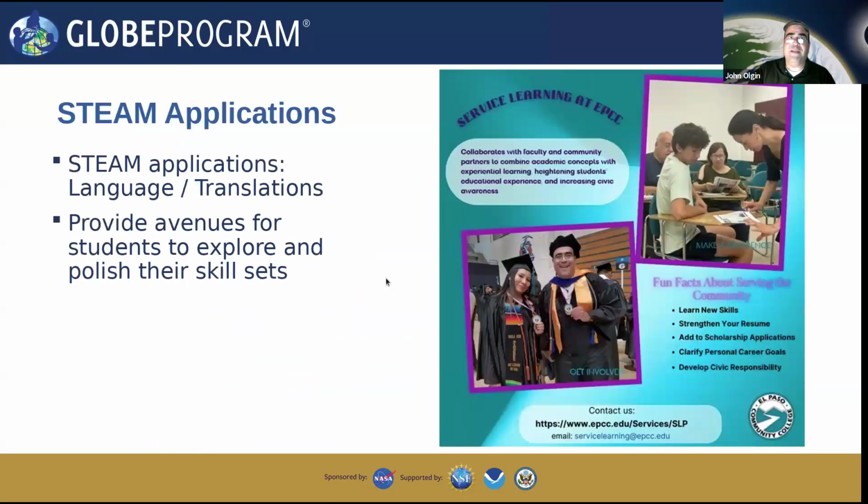And on building that, there are some other students who, even though they're not in the sciences, are more in the liberal arts, in communications. And this is a great segue for that, in that the Globe program has helped quite a few students, especially this one that I have right here. That's me in my PhD garb. And this is the student,